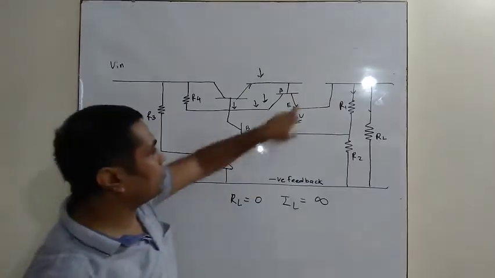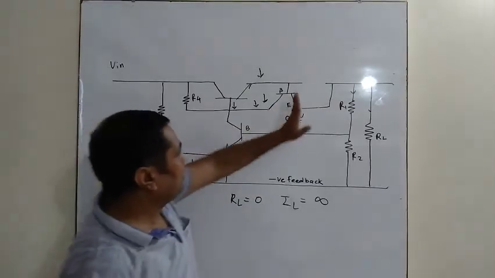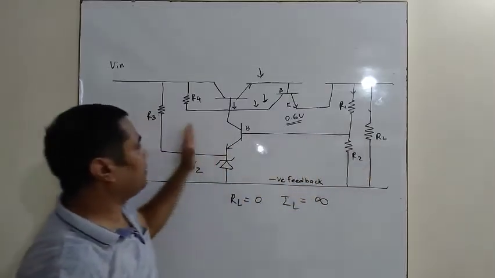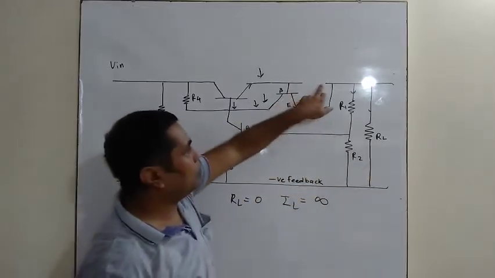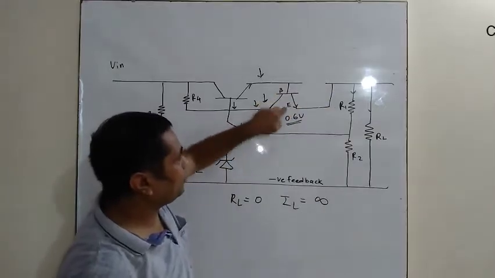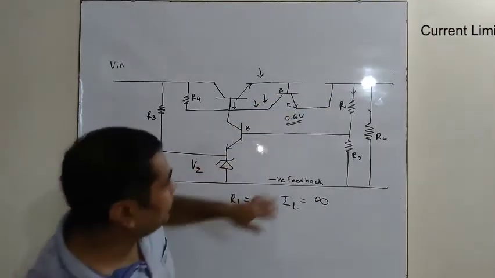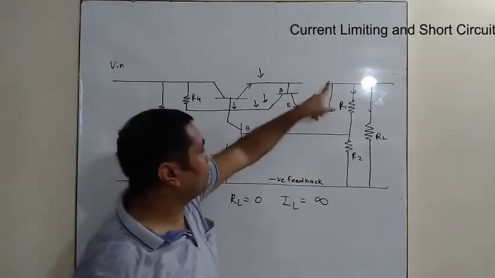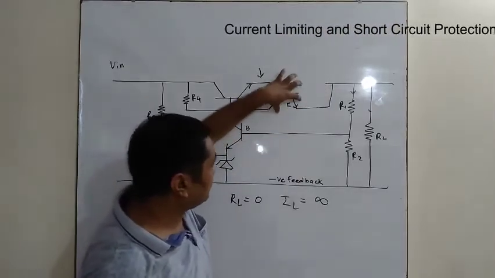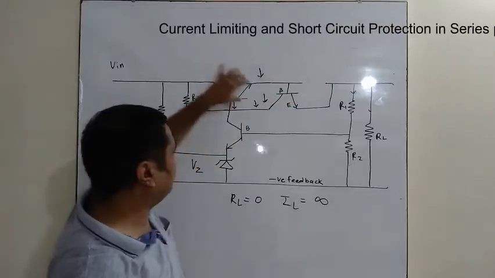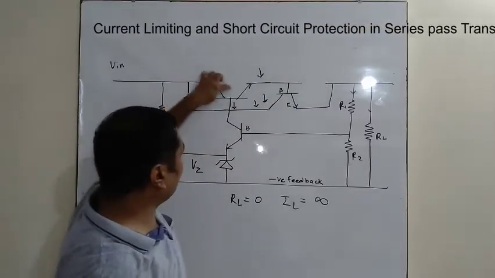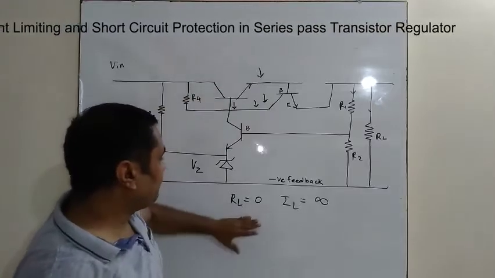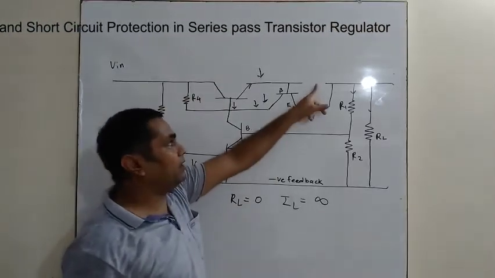If this circuit is open circuited, you can see that it creates an isolation between the output stage and the power transistor. Since the open circuit is there, the base to emitter is getting less than 0.6 volt. That means it is still reverse biased, so no current will flow here. So this transistor is also saved. Then after that, no current is flowing through the power transistor, so it is also saved. So only the load resistance connected here is burned out.